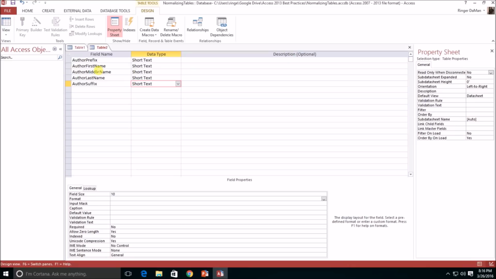And once again, you can see that I stuck to the naming convention with the Pascal casing, and I'm kind of indicating the author prefix. This is the prefix for an author. This is the first name for an author. This is a middle name for an author. That's because